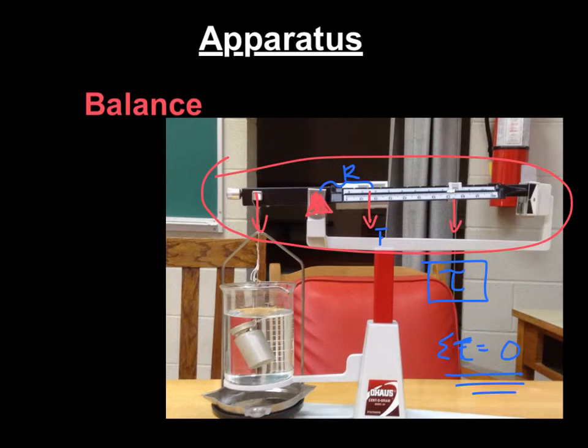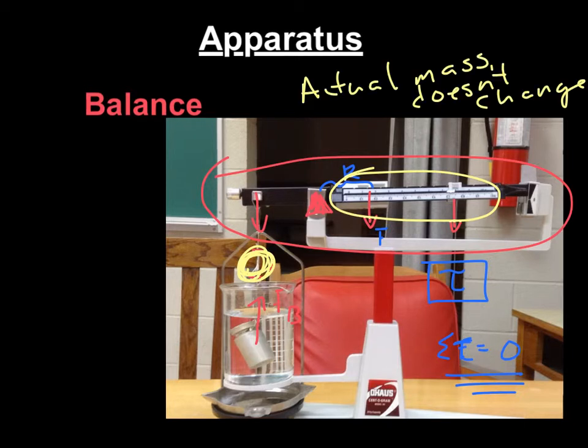So what's going to happen is when you have this buoyant force acting up here, it means the tension in this string is going to decrease, which means this measurement is going to be less. All right? So your apparent weight is less, or your apparent mass is less. The actual mass is not less. Couple notes, the pan right here, always on,